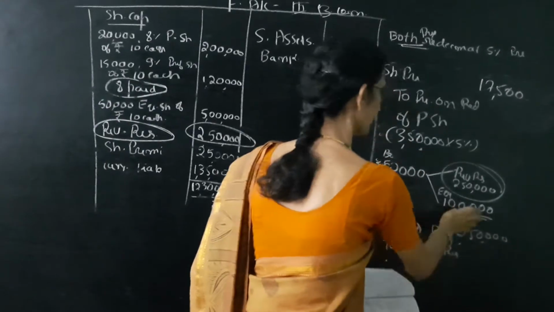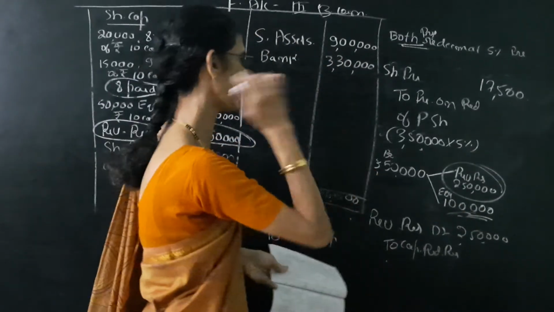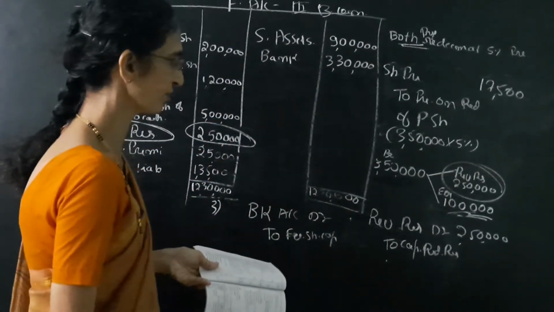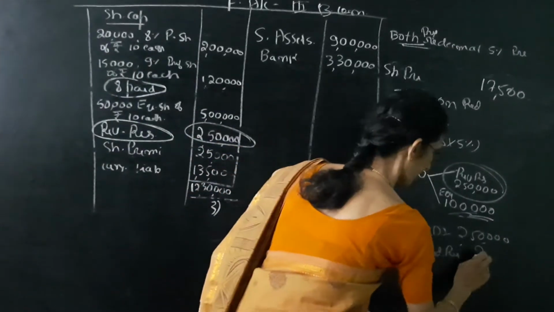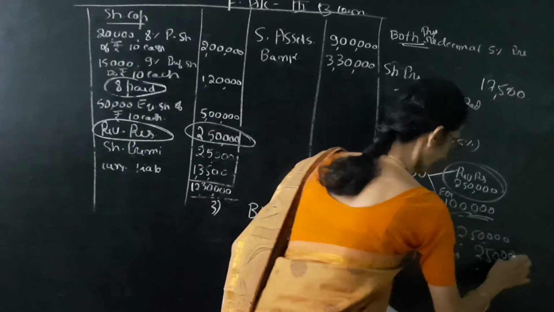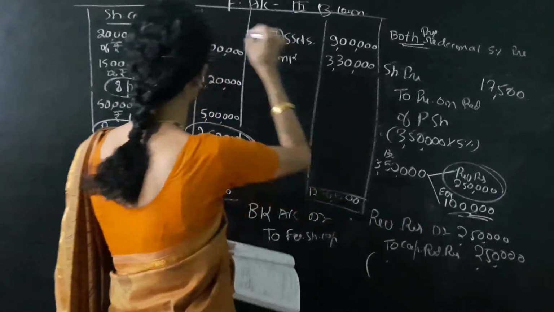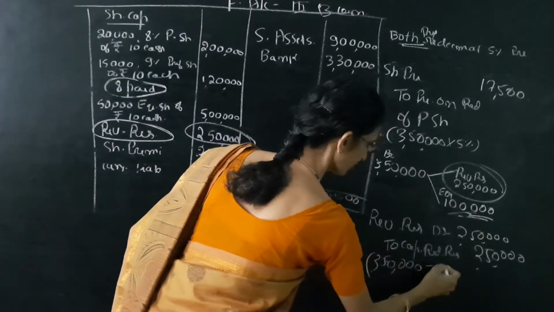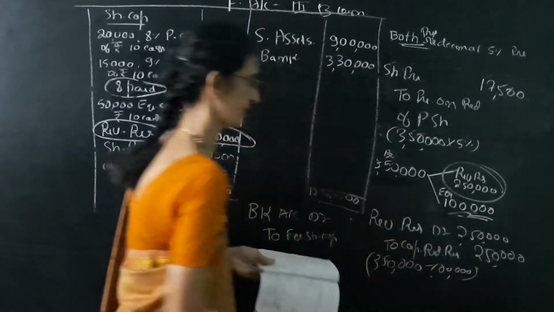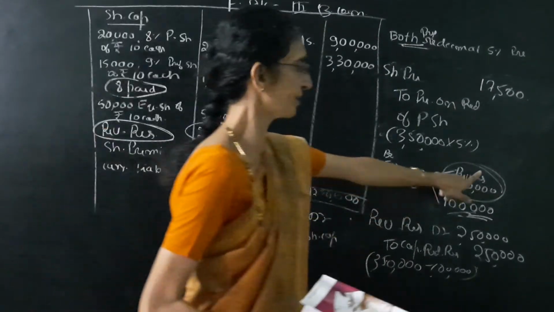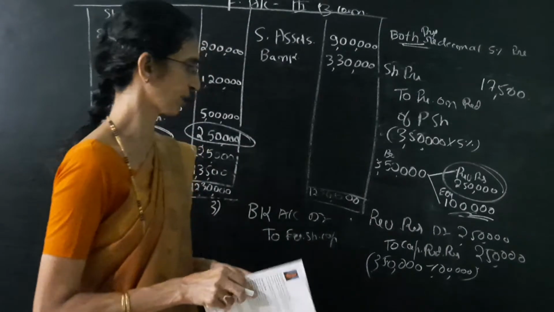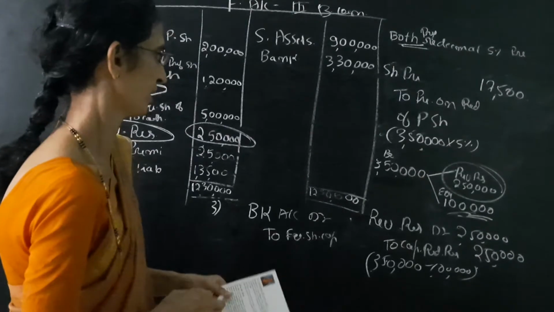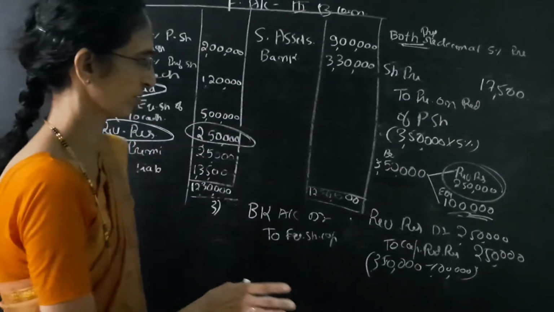2,50,000. Capital entry is already done, here 1 lakh. Now from where do we take it? For capital, we take from revenue reserve. So the entry is revenue reserve account debit to capital redemption reserve, 2,50,000, or we can take it as the difference between the capital. Capital is 3,50,000 minus fresh issue of 1 lakh. The remaining difference we are taking from the revenue reserve. It is 2,50,000. So now all adjustment is over.